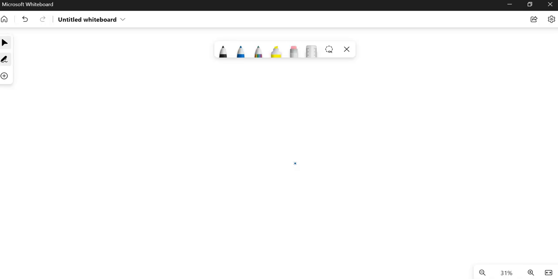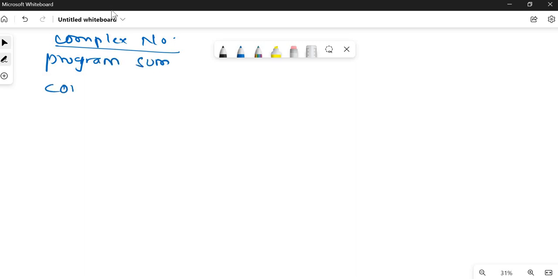For the complex data type, for example, if you want to write a program in Fortran to read two complex numbers and display their sum, a very simple program. So let me write the program. Complex number, okay, complex data type, how you're going to use it. Suppose the program name is program sum. The data type I'm taking is complex. So A, B, C. Write star star enter